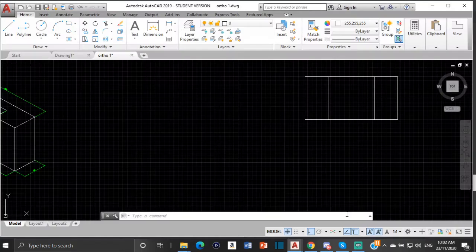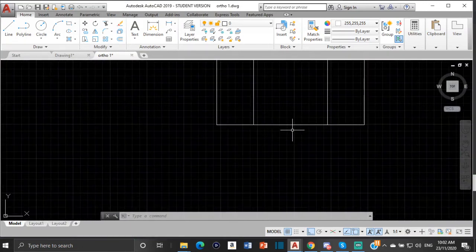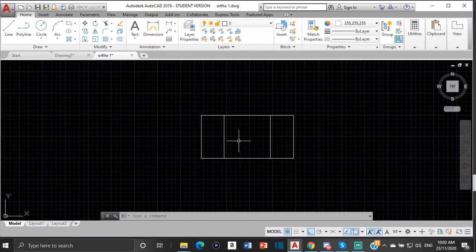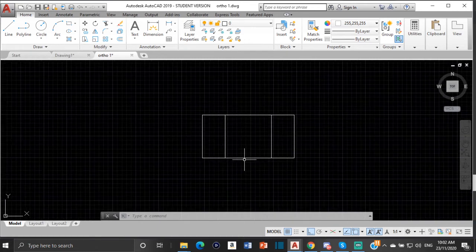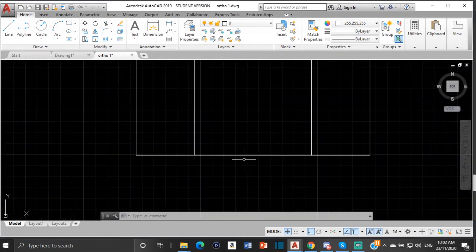So the XY line, the distance from the front elevation to the XY line, there's not really a specific distance, but you just have to ensure that the distance from the front elevation to the XY line is the same as the distance from the XY line to the plan view. That sounds confusing, no worries, I'll explain that as I go through the drawing. So for this one, I'm going to put the XY line about 10 millimeters away from the